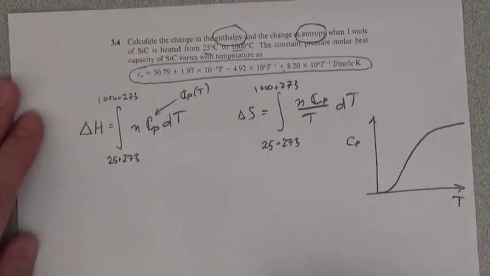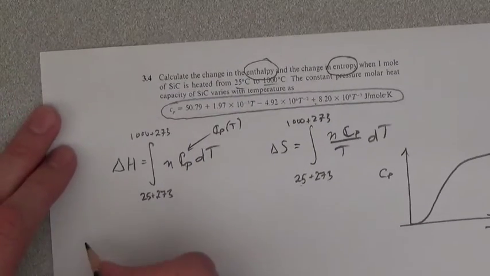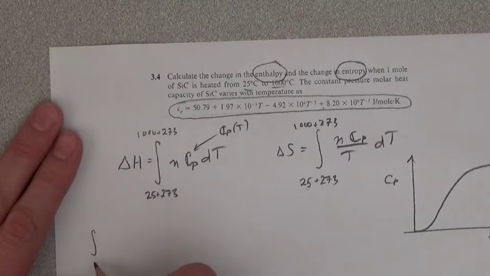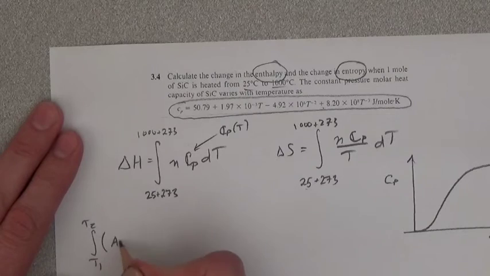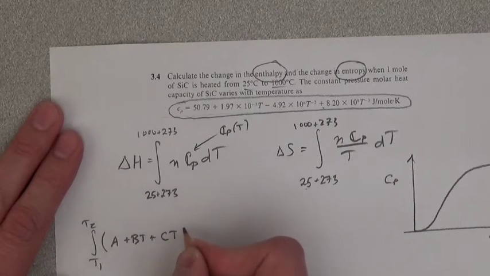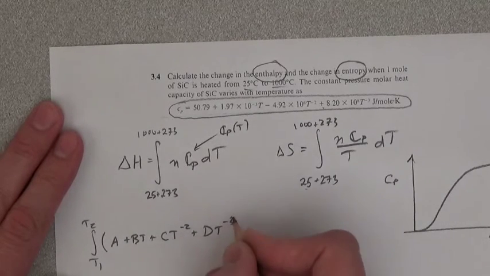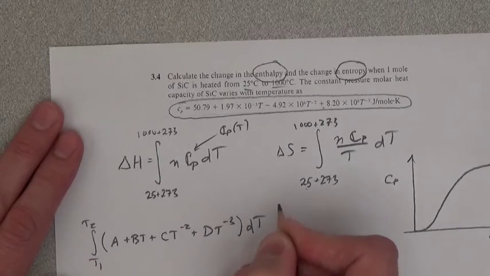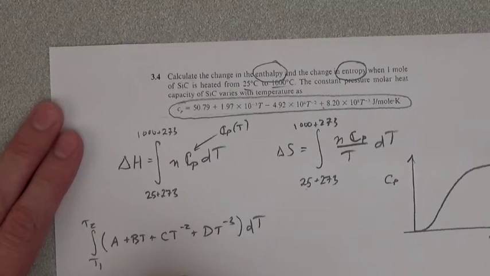So let's just write out the integral, why don't we? The integral from T1 to T2 of something with a functional form, a plus b T plus c T to the minus 2 plus d T to the minus 3 dT is equal to